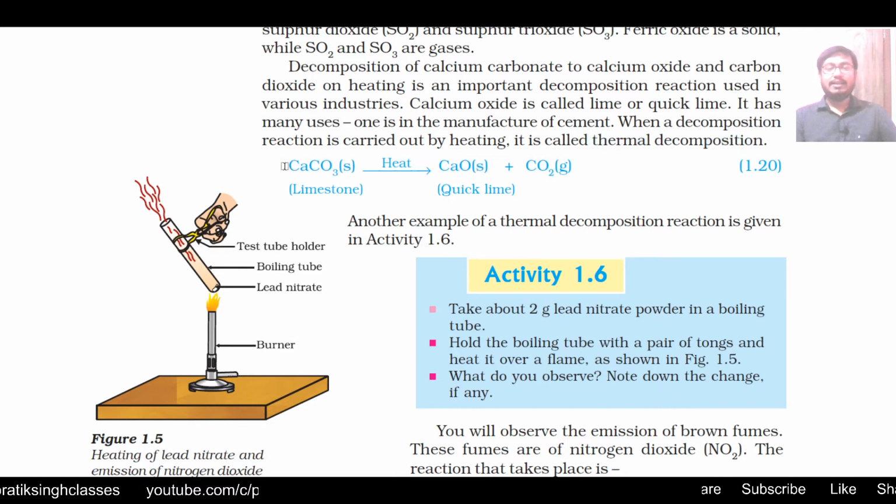As you can see here, limestone, calcium carbonate, plus heat makes calcium oxide plus carbon dioxide. Limestone earlier was in solid phase. When it was heated, it has made calcium oxide in solid state plus carbon dioxide in gaseous state. So you can say that